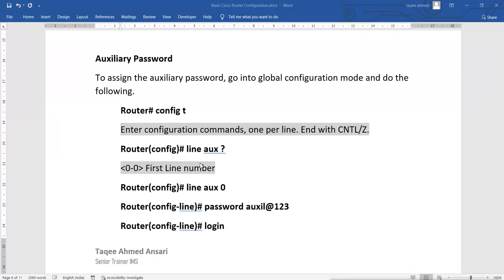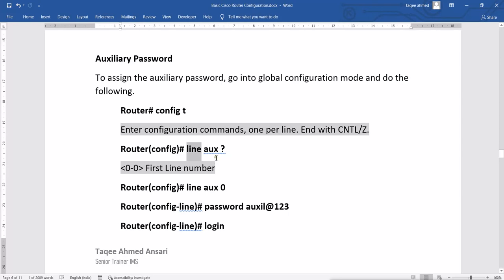So I will configure the auxiliary password by logging in through the console port. I logged in through the console port first, then I will go to the configuration mode with configure terminal, then I will give the line command. If I give the line command, we have the options console, auxiliary and TTY.